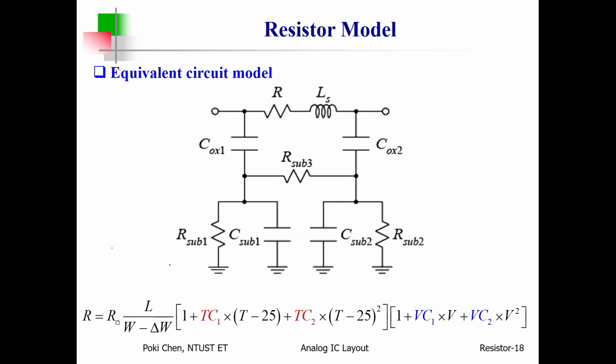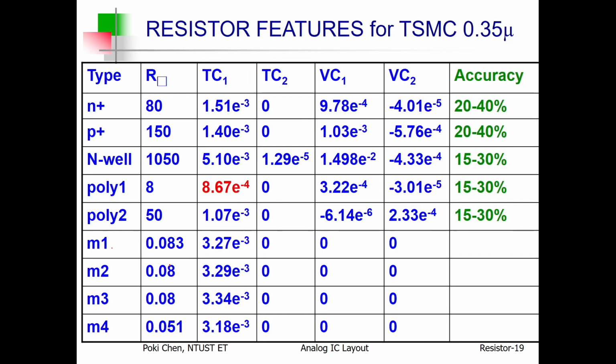Maybe you will be curious how much all those temperature coefficients or voltage coefficients will be. Allow me to show you some figures from TSMC 0.35 micron process. I got help from my student maybe more than 10 or 20 years ago. Your seniors helped to pull out the TSMC 0.35 process data. Okay, let's have a look at such a very old, very mature process from TSMC, how